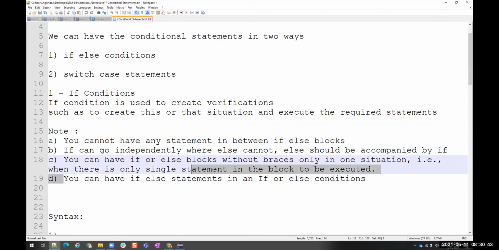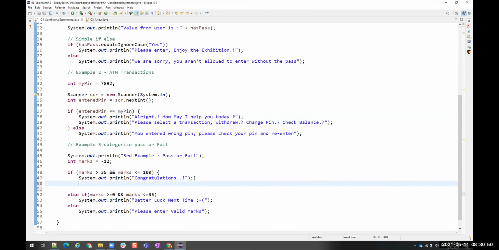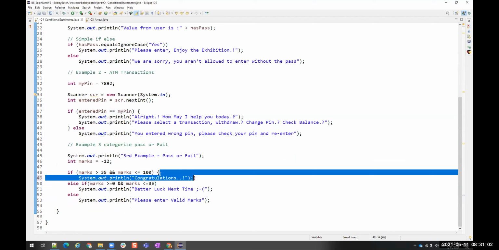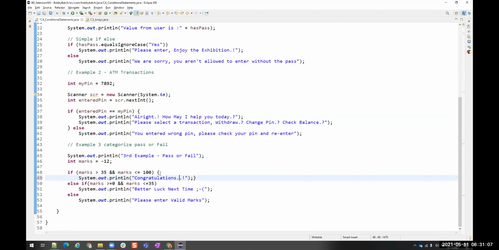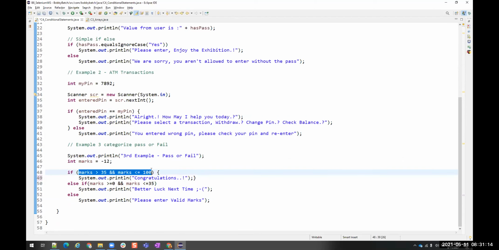And you can have if else statements inside if else conditions. So inside this, if I want to add some more if else conditions, I can have it. The condition has to come in the parentheses and the statements in the curly braces. Not the expression, statements: whatever you want to execute if the condition matches should be inside these curly braces. This is the expression.